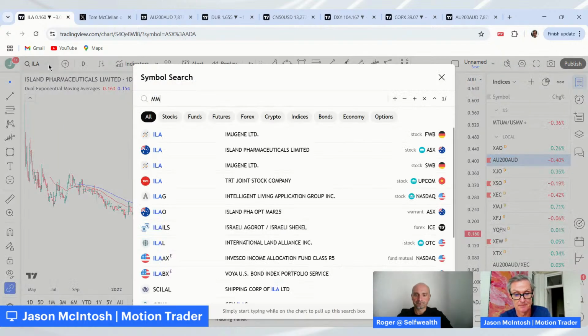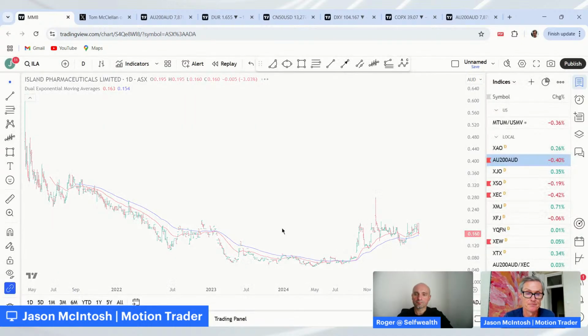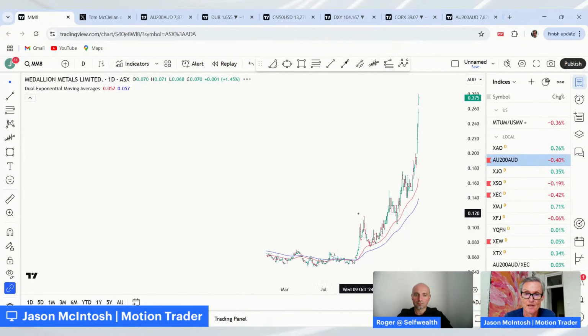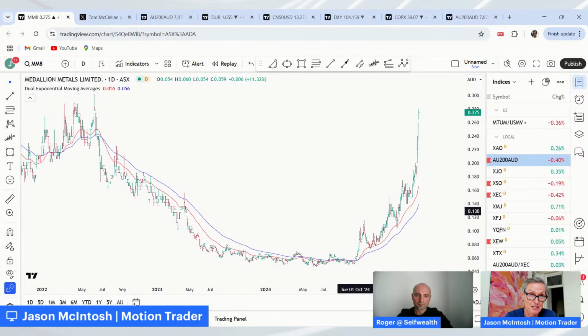Okay, MM8. Well, this is to say that just because the ASX is below its moving averages doesn't mean everything is. This is what I'm noticing in the resource sector. There are a number of resource stocks which are doing their own thing, completely decoupled from what the ASX is doing, and this is one of them. If I was on it, I'd very much be happy holding it. Wide trailing stop, way back, a lot below current levels, and give it lots of room to move around.